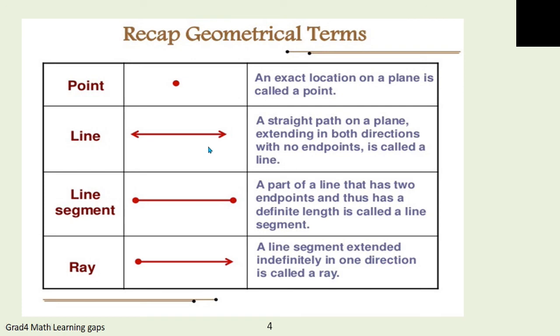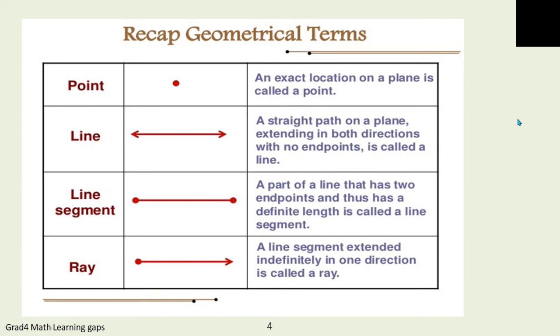Fine. But the line segment, as you see, has 2 ending points at the end. 2 dots are there. So this is a line segment. A line segment is a part of a line and it has 2 endpoints and hence it can be measured. It has a definite length. Now the ray. A ray is also a part of a line. It is a line segment which has 1 ending point and 1 indefinitely ending point. It goes on extending. So it is a ray as it has one ending point and one arrow on the other side. So it is called a ray.